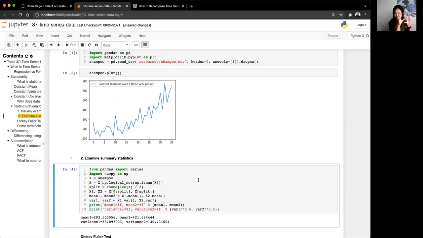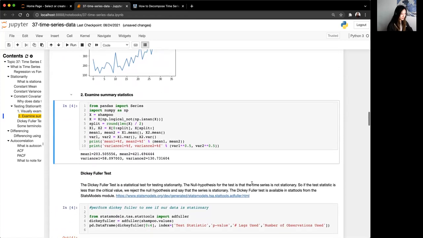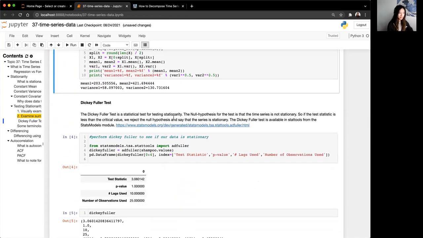And this is a very, very simplistic way of looking for stationarity. Again, not the way that you are going to do this. The way that you're going to do this is by conducting the Dickey-Fuller test. So the Dickey-Fuller test is a test for testing stationarity. The null hypothesis is that the time series is not stationary. So if the test statistic is less than the critical value, or if the p-value is greater than 0.05,